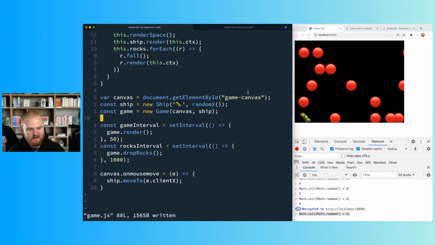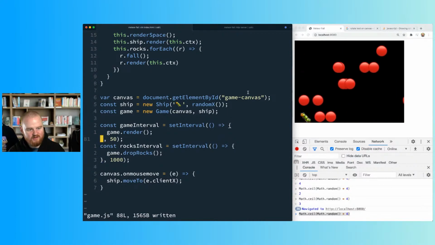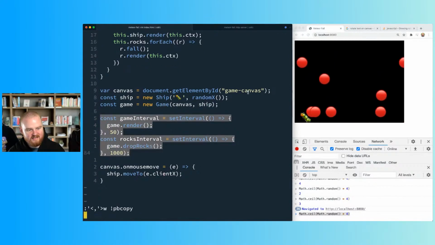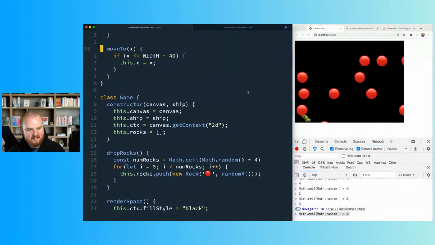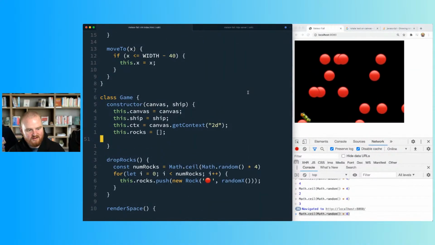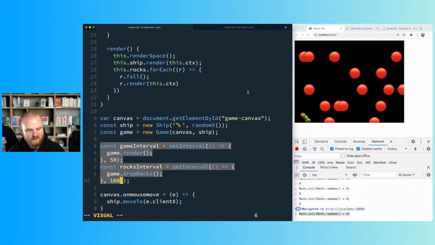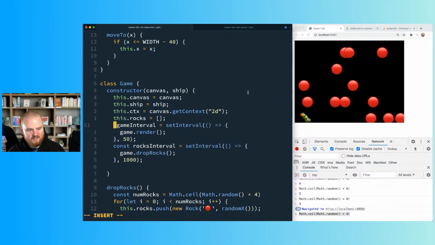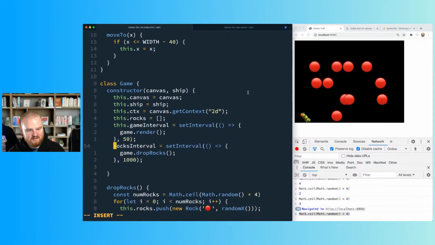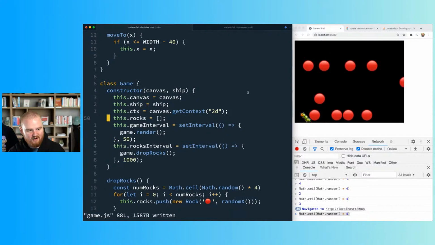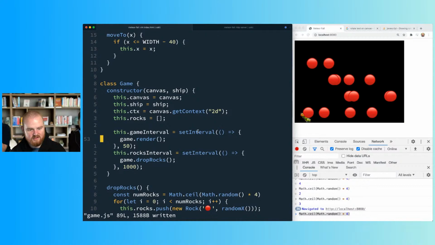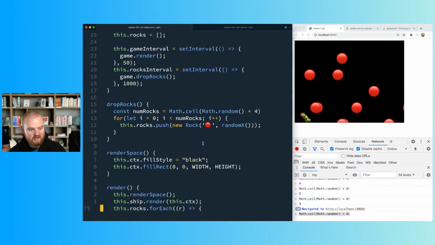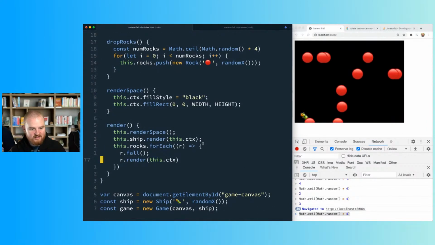Okay. I'm noticing something: because we're just calling methods on the game inside of here, I think we might want to move this logic inside of the game itself. We want to create them inside of the game so that we have access to them and can clear them when the game is over. So I'm going to say this.gameInterval and this.rocksInterval are going to be the return values of these functions that are calling render and drop rocks. And that way, when we try to detect a collision,